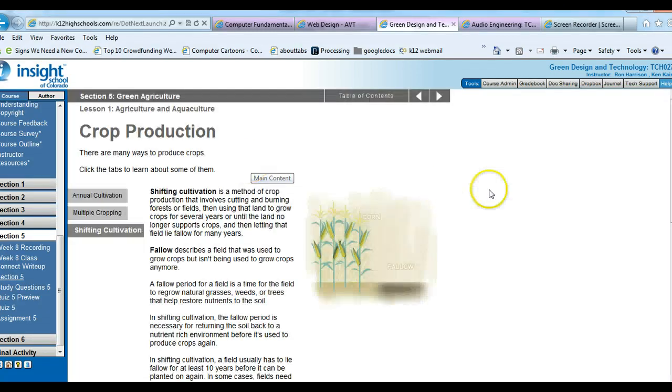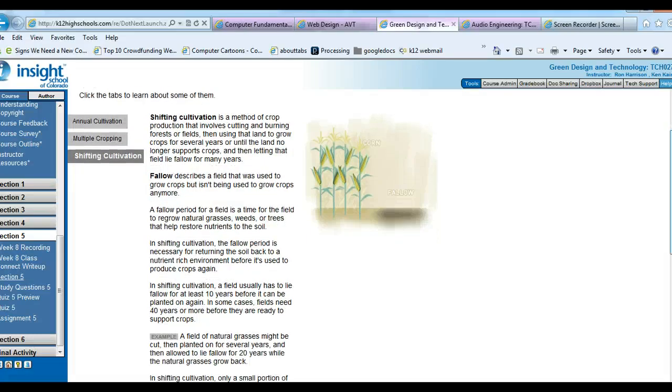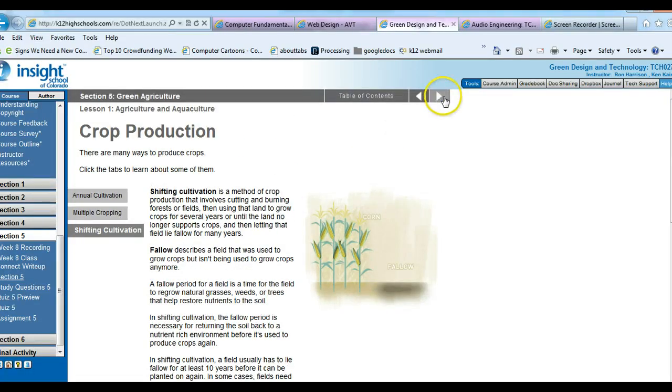Then shifting cultivation is production that involves cutting and burning of forests or fields. What they do there, they would burn the field, burn the crop after they harvest it. Then they let the land sit for a while, let it sit fallow. Then the soil builds up some more energy, and then they can start using it again. So those are different types of crop production